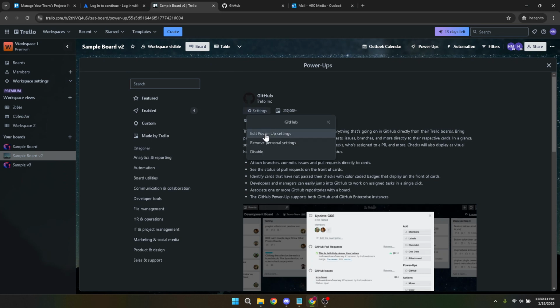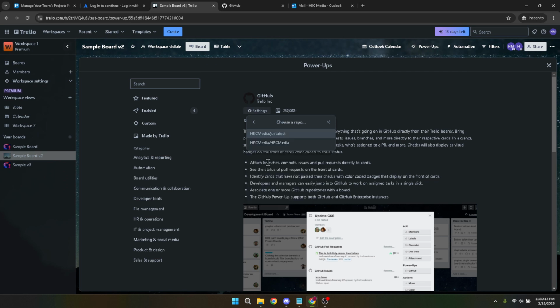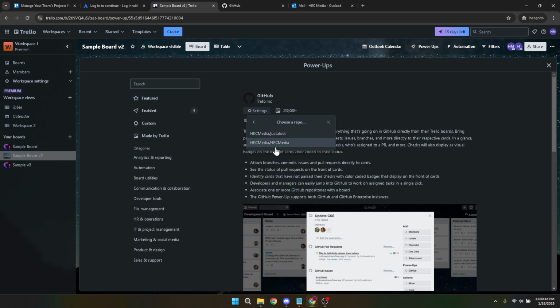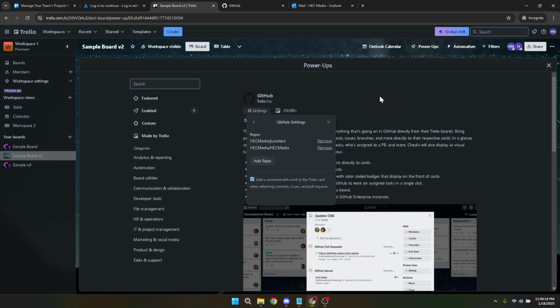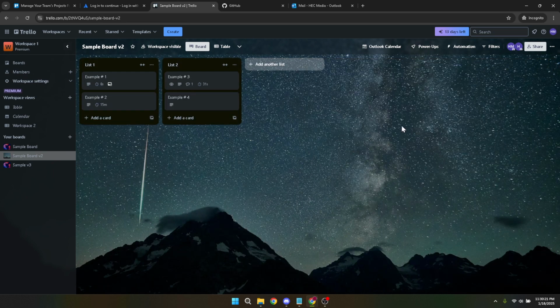The next step is crucial. Click on Authorize Account. This action will open a window prompting you to grant permissions to connect Trello to your GitHub account. You'll need to consent to this step to bridge the two platforms and start sharing information between them. Finally, link your GitHub account to Trello by entering your GitHub credentials if prompted. Follow the on-screen instructions to complete the authorization process. Once linked, you're ready to efficiently manage your projects, using Trello to track progress directly from your GitHub repository changes.